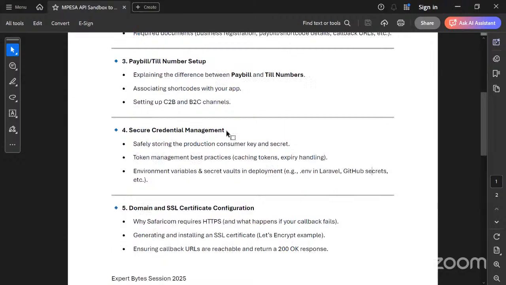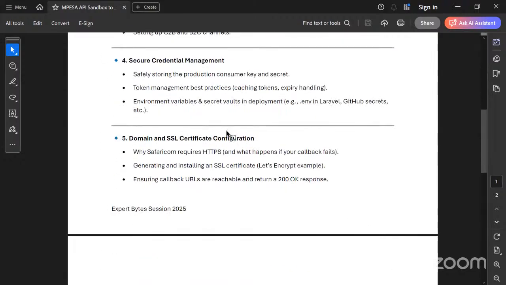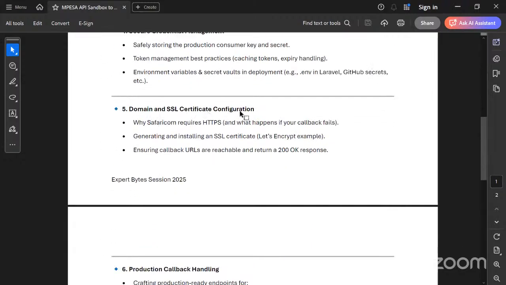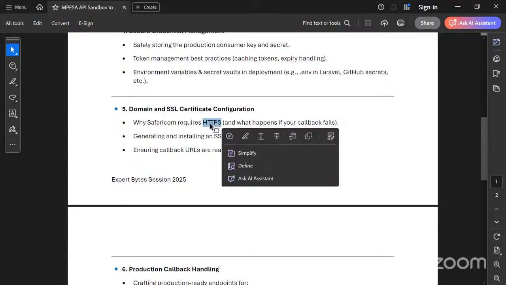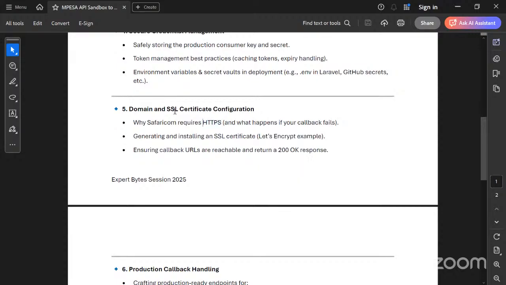Okay, so we're almost done. I think most of the things here are repetitive. So, domain and SSL certificate configuration. Why does Safaricom require HTTPS? As you know, HTTPS is more secure since it's signed with the SSL certificate. Generally, traffic through HTTPS is a bit more secure, so somebody might not be able to easily hijack your traffic. And if your callback fails,